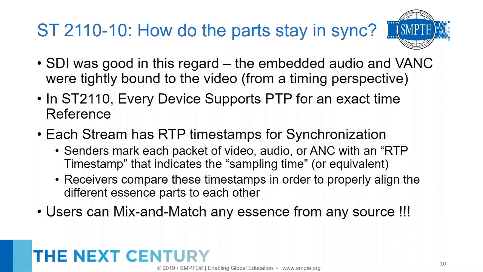So that actually has come up with many customer networks, that there needs to be at least a recommendation on that, and that is an active topic in the 2110-10 one-year review. If you are passionate about that topic, and I know you are, we talk about it each week. There is a proposal on how to preserve the sampling instant, and it's one of the topics we're addressing in the one-year review. So yes, that's an active topic in the drafting group right now, to have something like that in the revision that should come out.